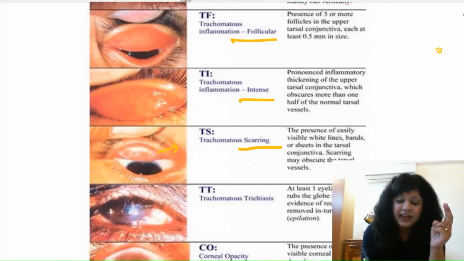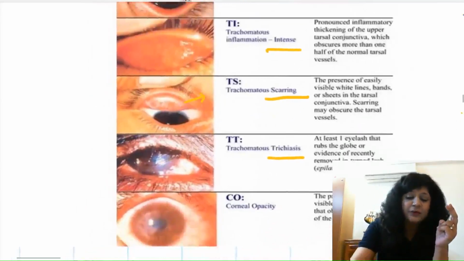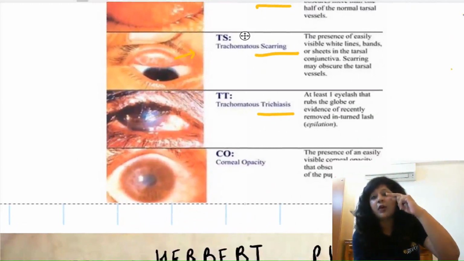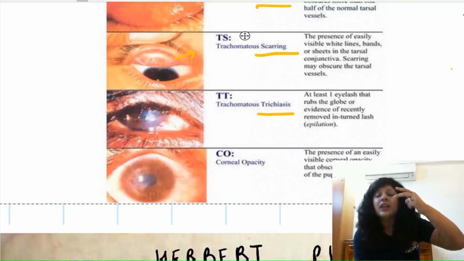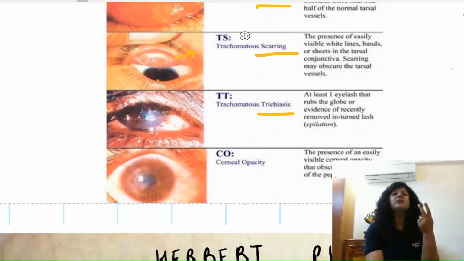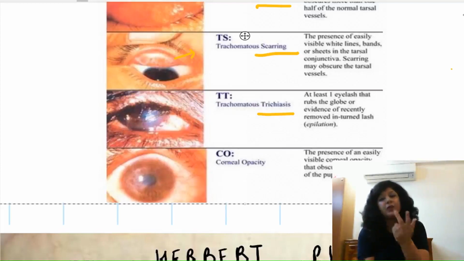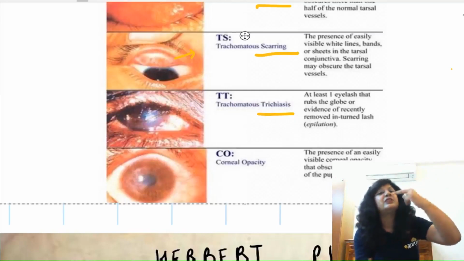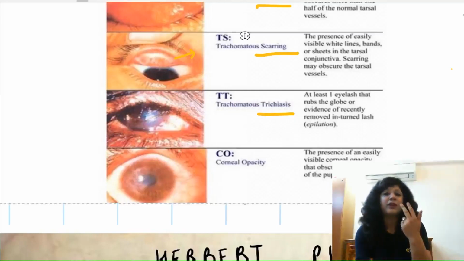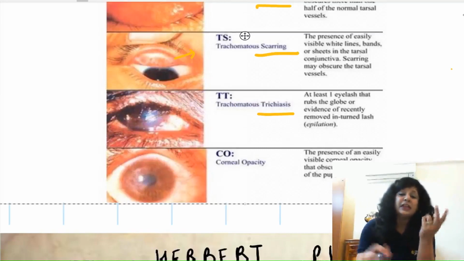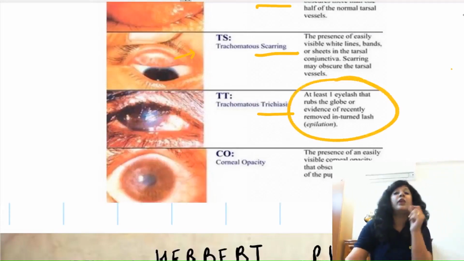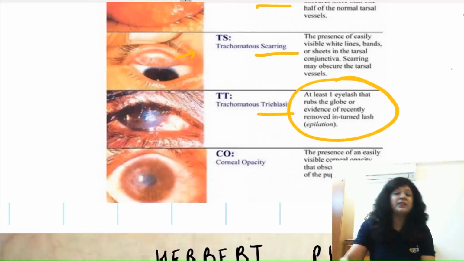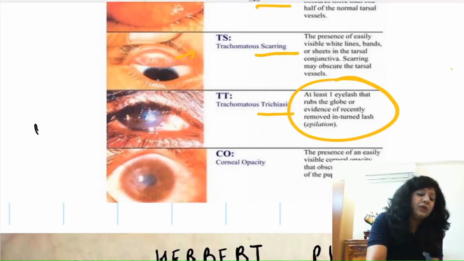Then next is T. T is for trichiasis. Now what is the meaning of trichiasis? Trichiasis means when the eyelashes are rubbing the cornea, and usually it is secondary to entropion also, because we are also having entropion in trachoma, an inward turning of the eyelid margin. So when there is an inward turning of the eyelid margin, the eyelashes start rubbing the eyeball, that is the cornea. And how many eyelashes do we require? Even if one eyelash rubs the cornea, it is sufficient to call it trichiasis. If these eyelashes keep on rubbing the cornea, then that can also lead to corneal ulcer.